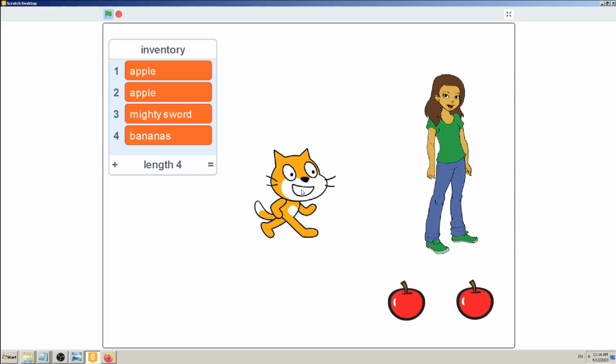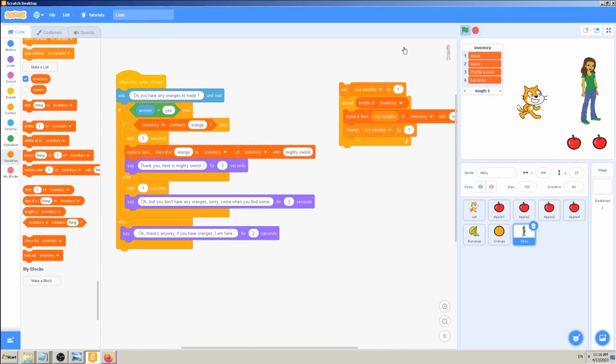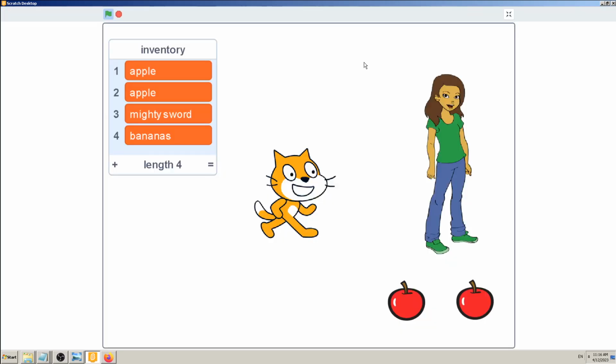So again, this list is hidden in Fortnite, but Fortnite uses that list inventory to create icons. So it uses some kind of code which says, okay, if the first item is apple, then draw apple icon on first place, draw second place apple, third mighty sword, fourth bananas, or here it's